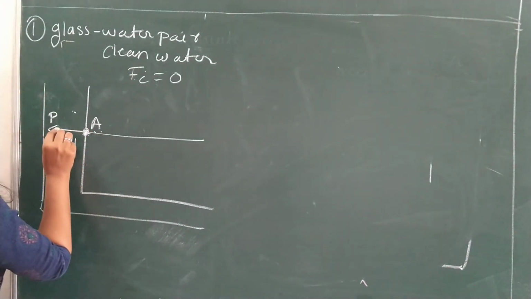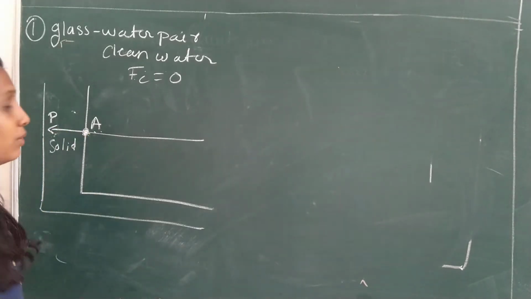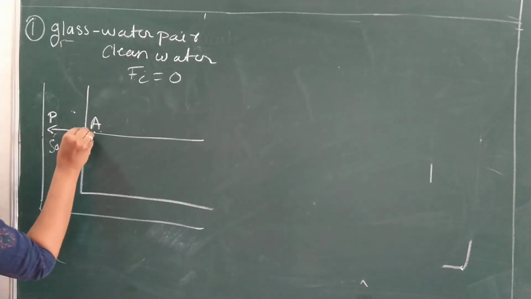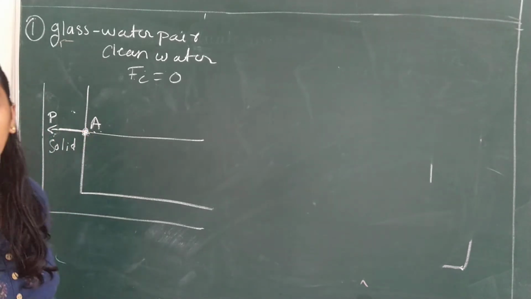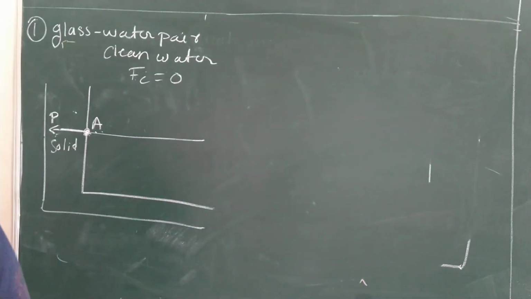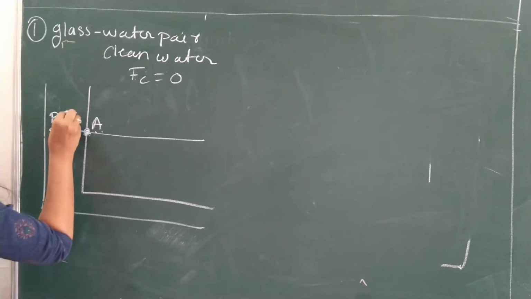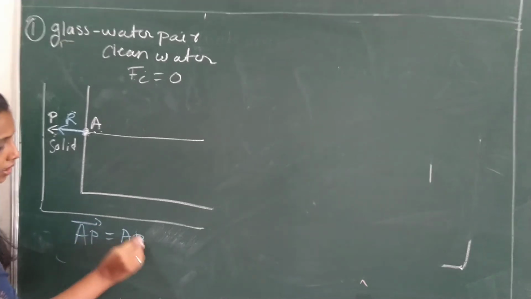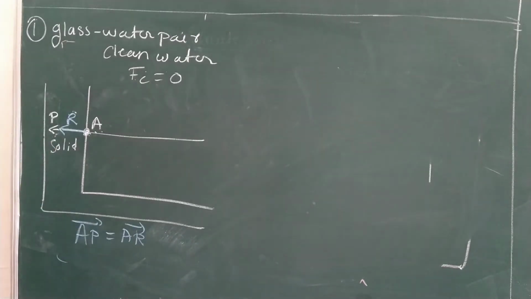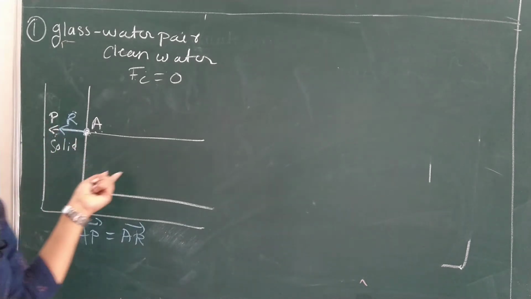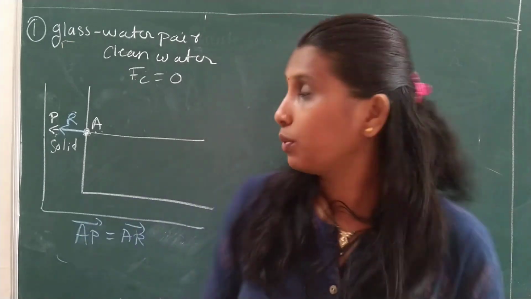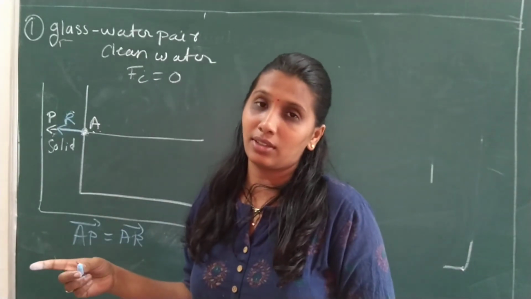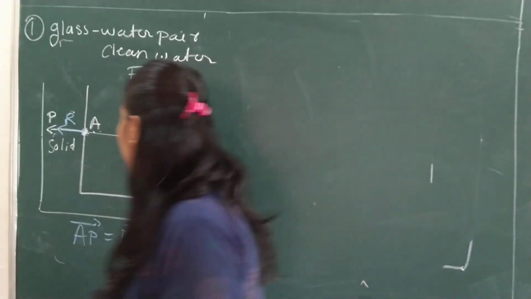Yes, AR will act in the same direction. To resolve AR, we don't have a cohesive force now, so it will act in the same direction. So here, what happened? Your AP is equal to AR, meaning you will have your AR component in the same direction. So I will say AP is equal to AR. Both will have the same direction. Now, if I want to draw a tangent to this surface of your liquid, how can we draw it? It will be exactly in this way.